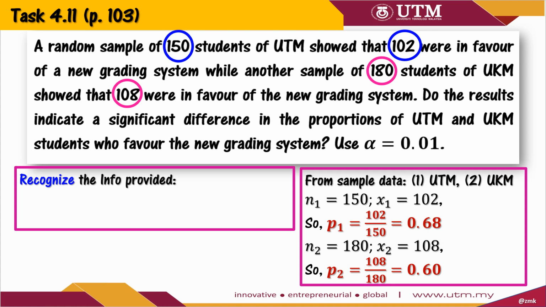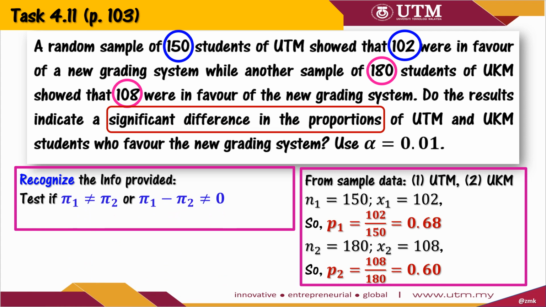If we look at the question again, we want to investigate if the survey results indicate a significant difference in the proportions of UTM and UKM students who favor the new grading system. In short, we want to test if pi1 is different from pi2, or pi1 minus pi2 is different from 0, right? Therefore, the parameter of interest is clearly pi1 minus pi2. In addition, the value of a difference between pi1 and pi2 is 0, indicating that pi1 is equal to pi2